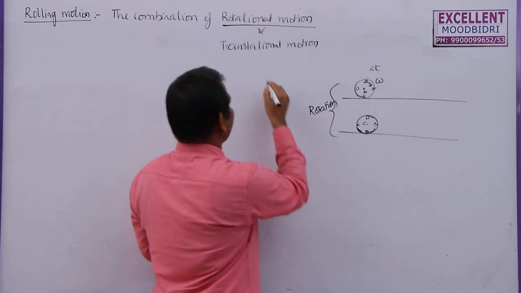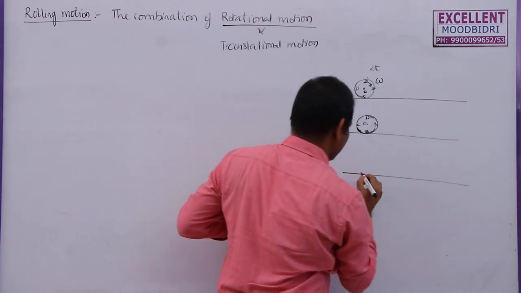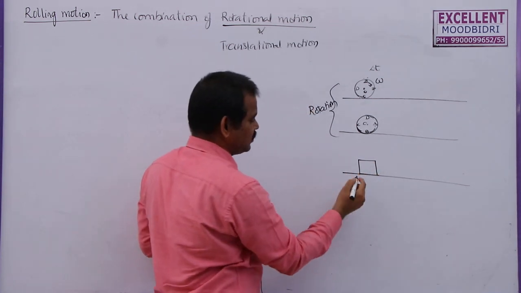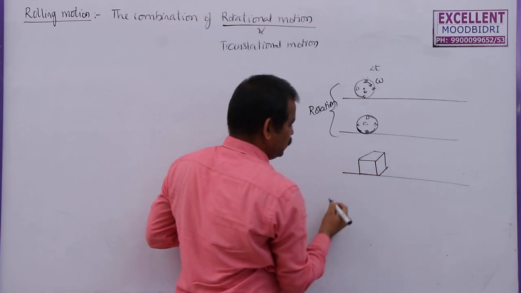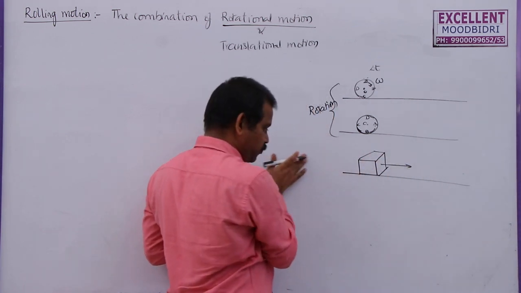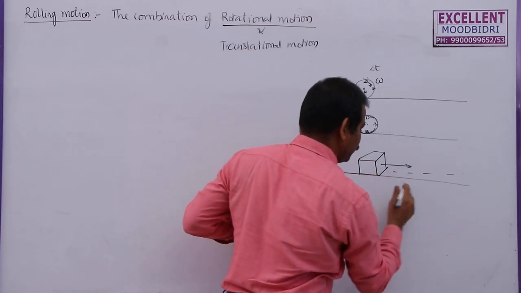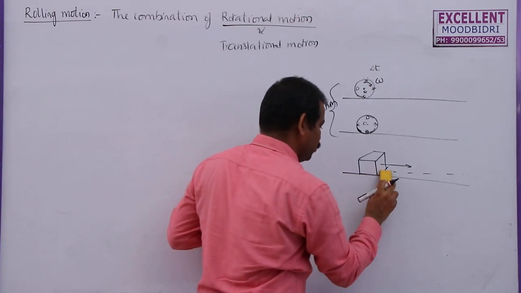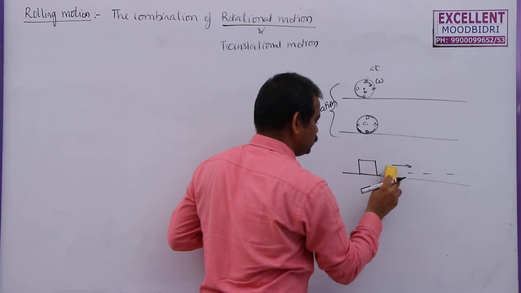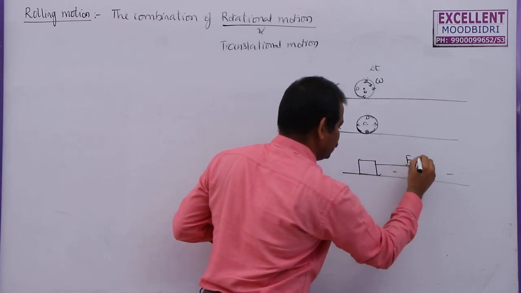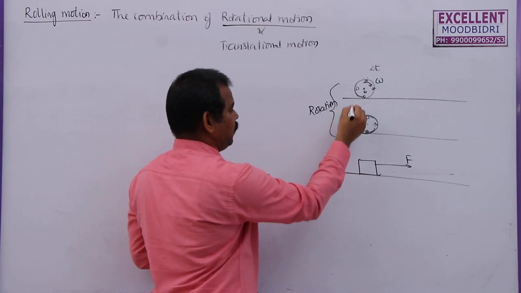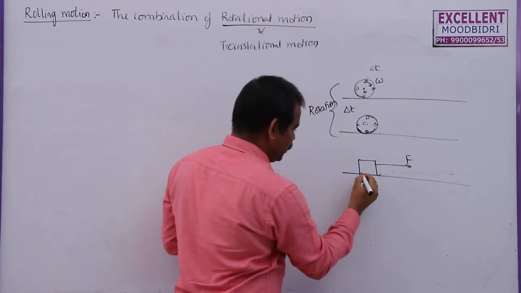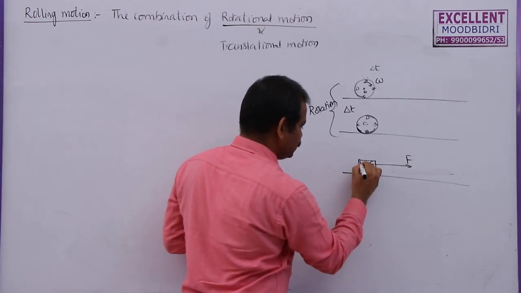What is meant by translatory motion? Same body, a similar body, but now it is not a disc, let me take a block here. If you pull this block in this direction or push it with some force, it will move from here to here. I am not going to show the three-dimensional diagram, only the front face of this body. Now, if you push it with a force F, what happens? After delta t time, the position of these points has changed in the body. Let me take this as A, B, C, D.